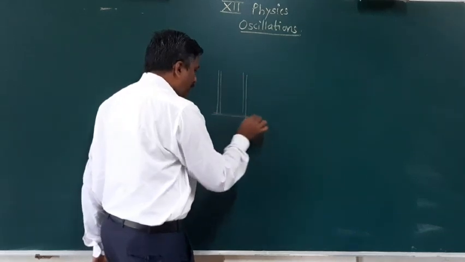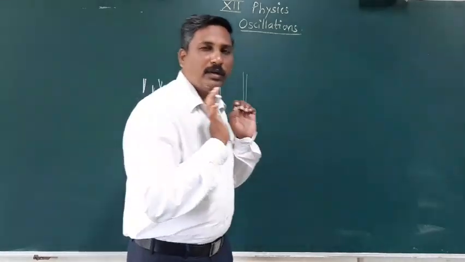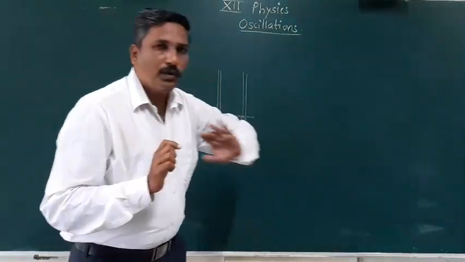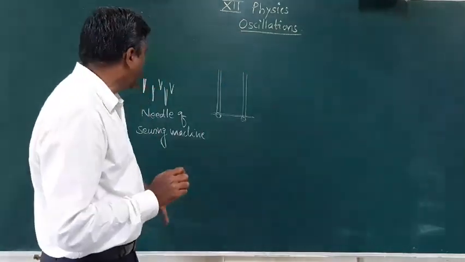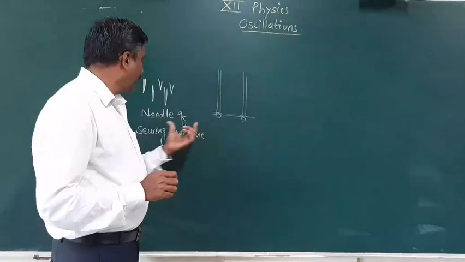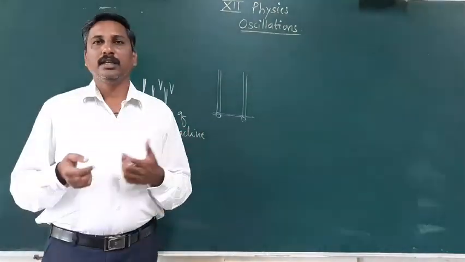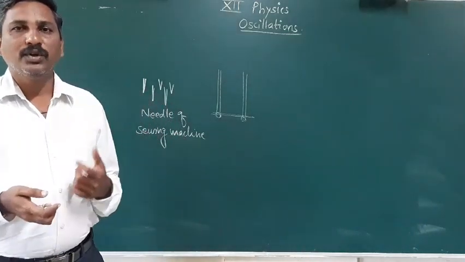The swing is tied, and when you apply force to it, it performs to and fro motion about the same path. Then the motion of the cradle. These are different examples of the